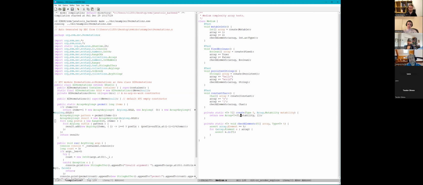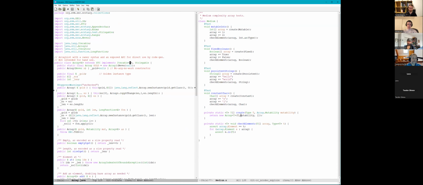And my implementation for array, which, let's see here, this is pre-big hack, takes a gold value. So here's a version of array. This is Java code on the left that I have as the intercepting of the Ecstasy definition of array with the Java version, and it takes a gold, but you want one with the mutability. So here's one that takes gold and a mutability, and it's to do, but all it's going to do is honor the mutability and take the array and do the right things.